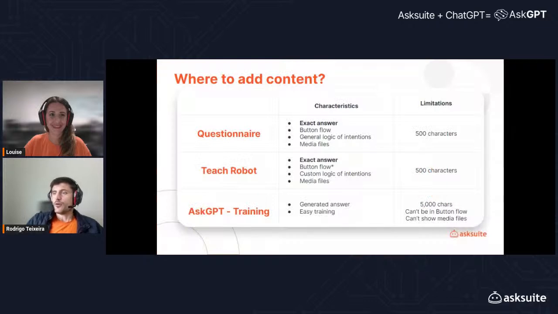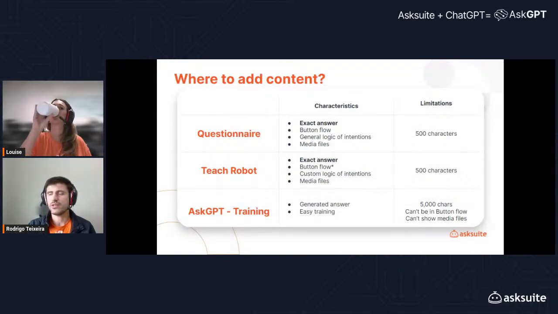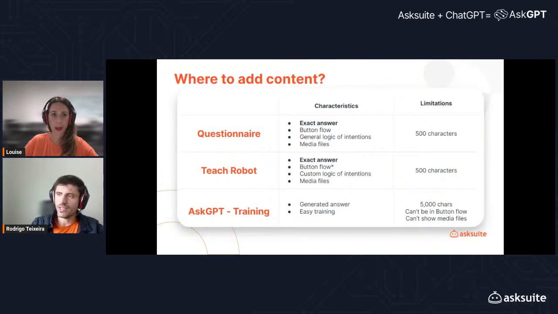Perfect. So, as Louise mentioned, we now have three different places to add content. And now we can understand the difference between each logic, as well as the differences in adding content to the questionnaire, Teach Robot, and AskGPT training.